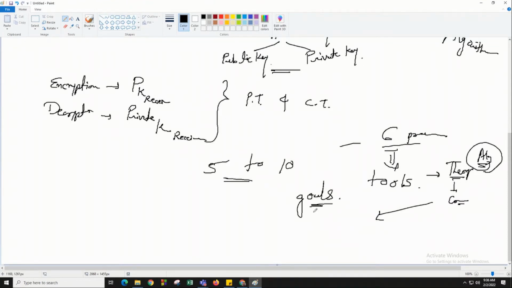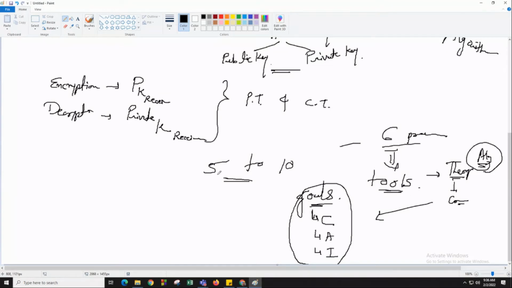Which are the main 3 security goals? Confidentiality, availability, and integrity. We will learn how to provide these goals with the help of different tools.